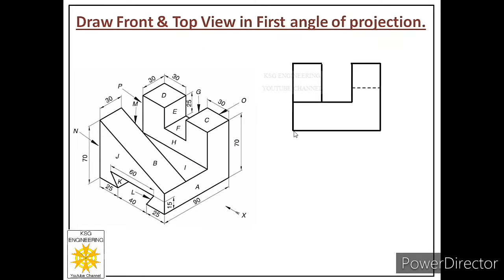So we will just move 15 mm in upward direction from this point, means we will reach somewhere over here. Then you can see this face K runs throughout the length of the object. So from here there will be edge which is not visible, which is hidden behind face A. So when you will reach at this point, we have to represent this hidden edge of face K which is throughout its length. So from this point we will sketch a dash medium line throughout the length of the object.